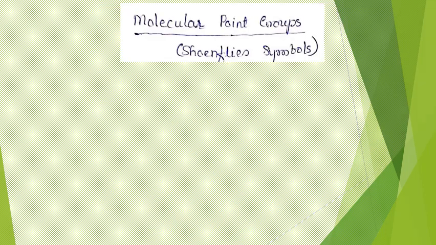After studying symmetry elements, we can classify molecules into molecular point groups, or for each molecule we can assign a symbol. That symbol we can call a molecular point group symbol, or even Schoenflies symbols. First we shall see why exactly these are called point groups, what is their necessity, and what different kinds of point groups are present. Those aspects we shall see in the beginning.